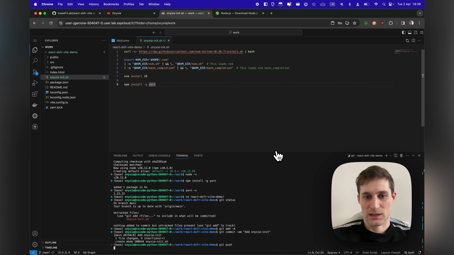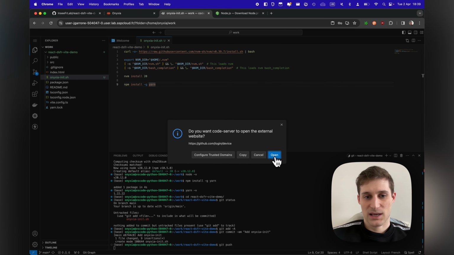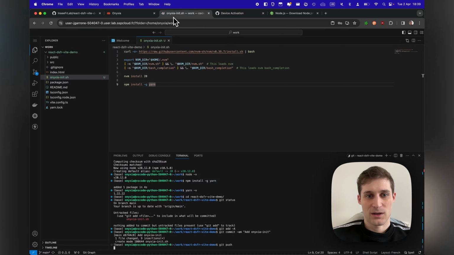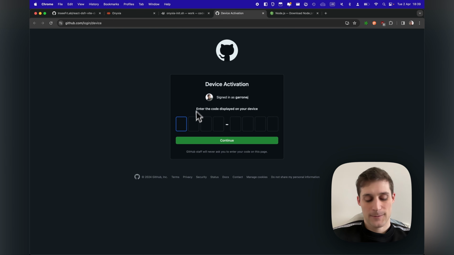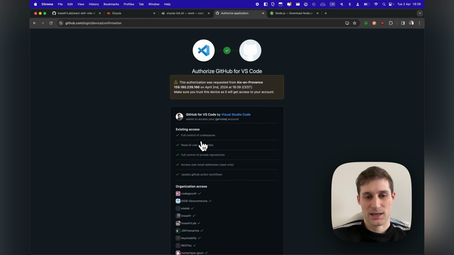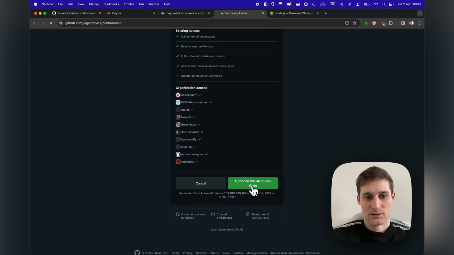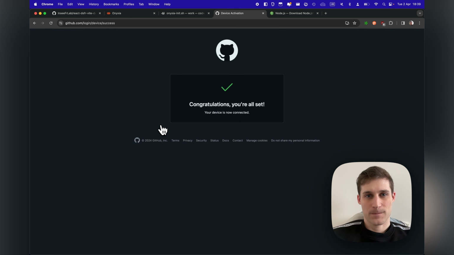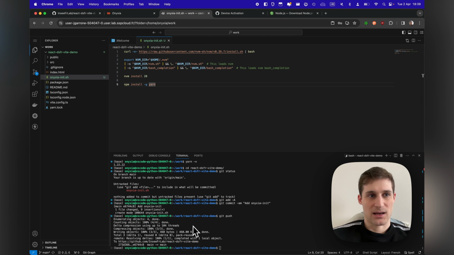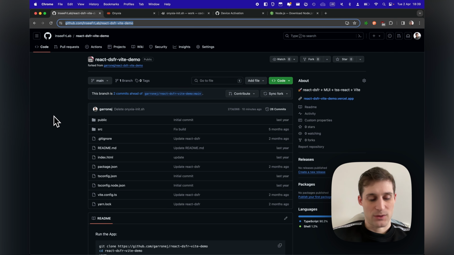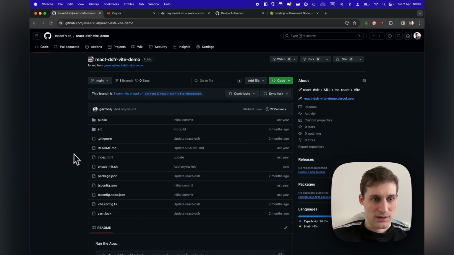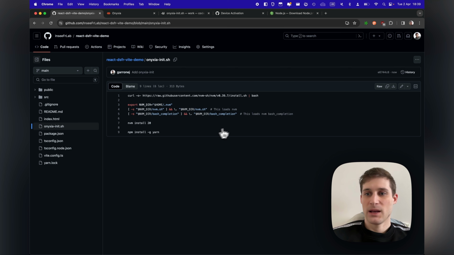So here I need to authenticate. All right, so here I need to copy the code that is displayed here and paste it. All right, I'll grant access. All set. Fantastic. And now, as you can see, if I refresh here, there is a new file, Onyxia init.sh, and I